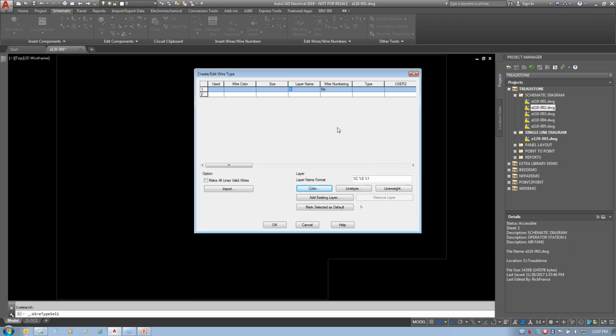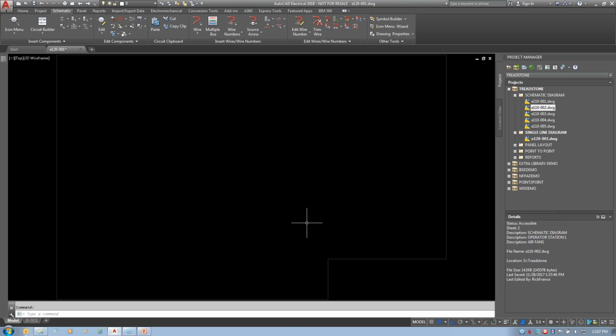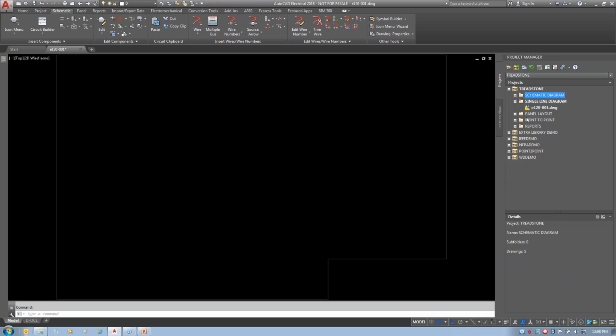I already have it in the template, and I already have it in the template set as my default wire. Outside of that, though, that's the only wire that's necessary, and it will default to that and use that particular wire no matter what anyways. As soon as I start putting in one line components, it will create it. I just want my main bus to also be the same thing. So that's the main two things that are different about my template. There's one other thing I'll show you in a minute that's different about my template, but it's very, very minor,